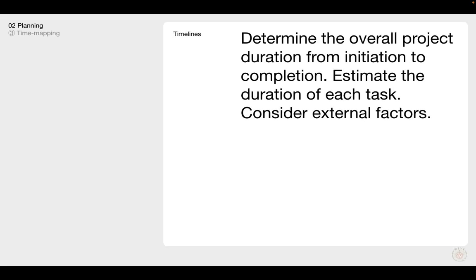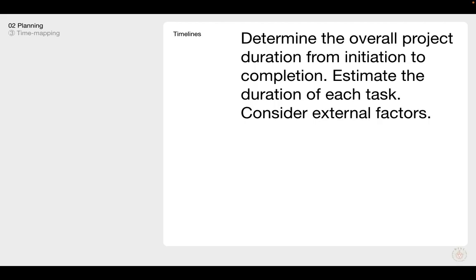And now we're going to move into the next bit, which is time mapping. And this is the third stage of the planning. So really, again, understanding what are your timelines, and this will help you determine the overall project duration, right from the initiation stage to the completion, and even estimating the duration for each of the tasks that you've scoped out in your scoping stage, and also considering any sort of external factors while you're determining